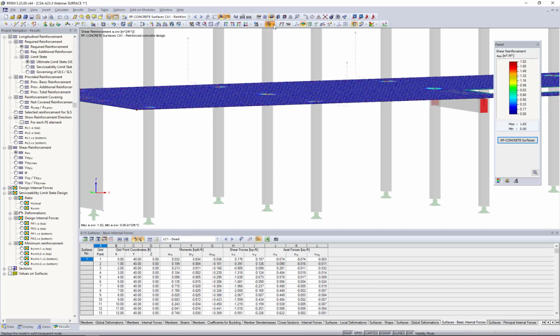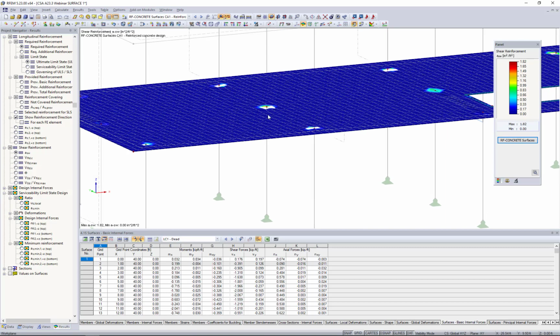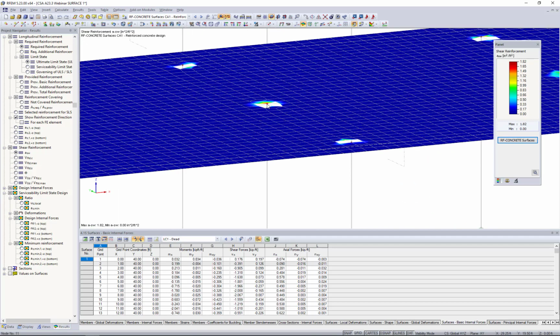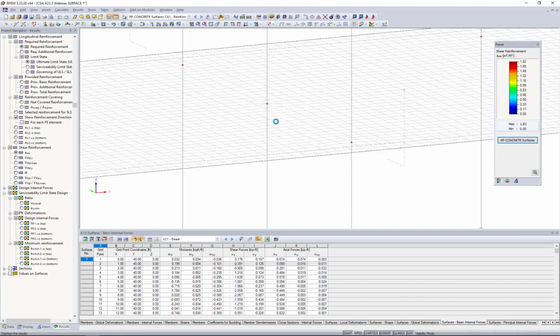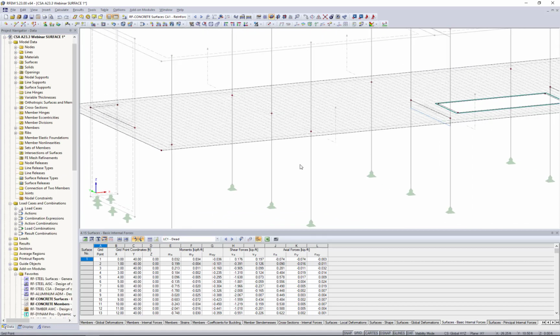But what's happening in the background with any FEA analysis is that members are actually just represented by this single center line. So then we have these forces framing into this 2D slab at this single FE mesh point, and it's causing extremely high forces, and we don't have any load distribution. So what I'd like to do is to show you maybe some options here of how we can deal with